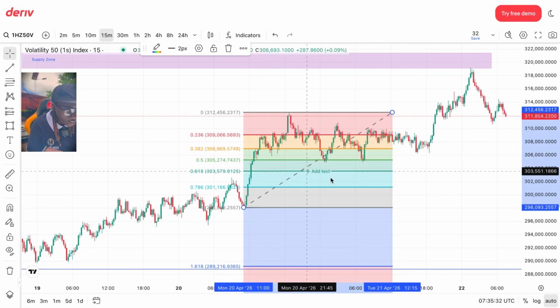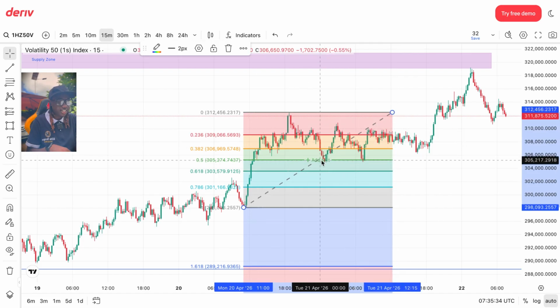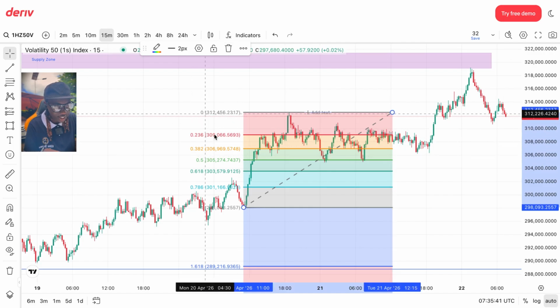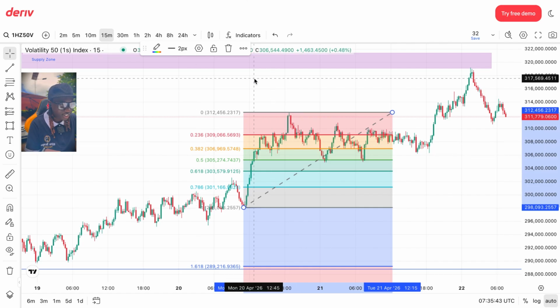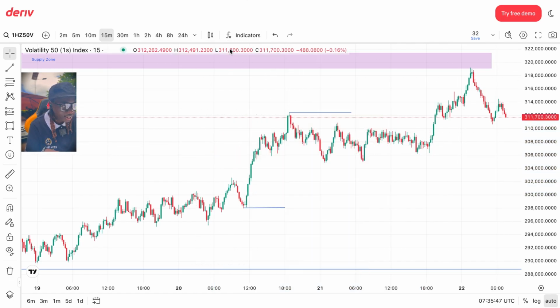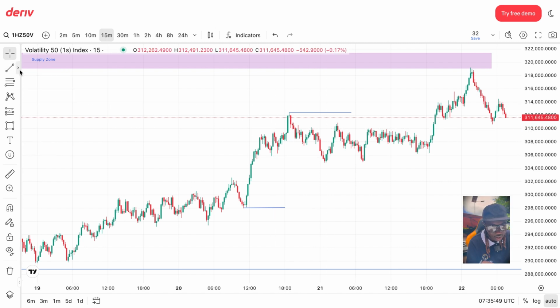So yes, you can see it touched my 50% area, and any market that goes past around 23%, there is a perfect retracement, and mine had gone all the way to 50%,